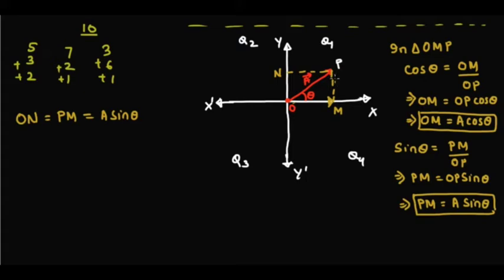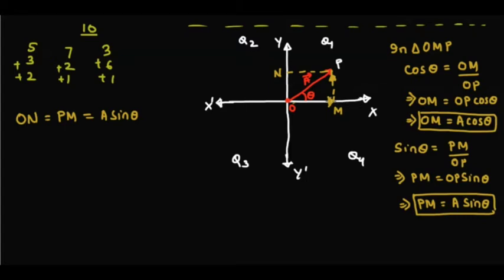And similarly, if I give an arrow mark here, then MP will be another vector whose magnitude is A sin theta. The length of MP or PM is how much? A sin theta, and the length represents the magnitude. So MP vector has a magnitude A sin theta and it is directed along the positive y-axis.